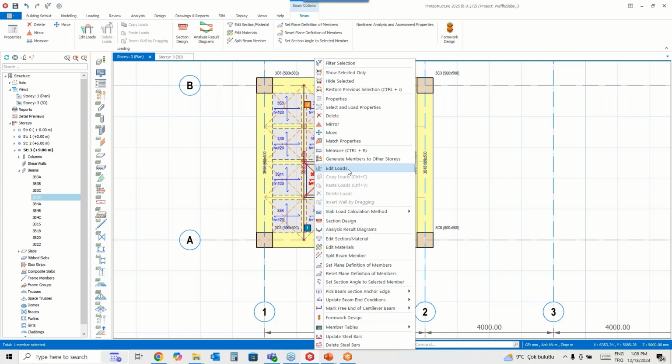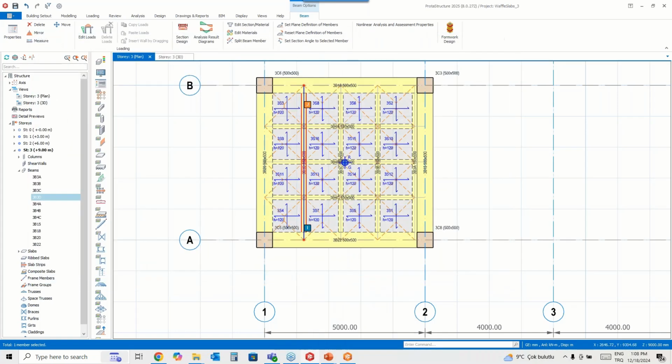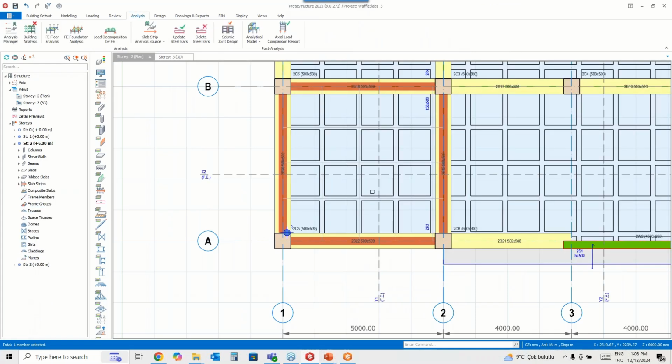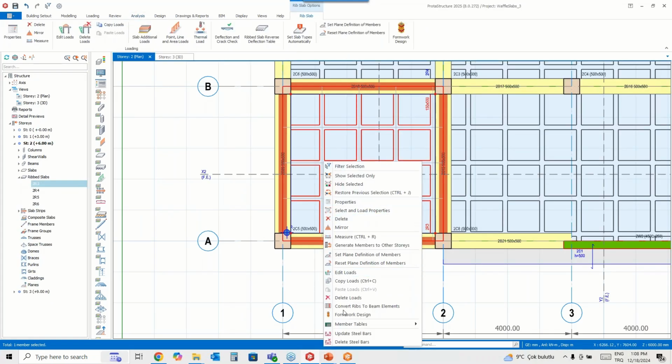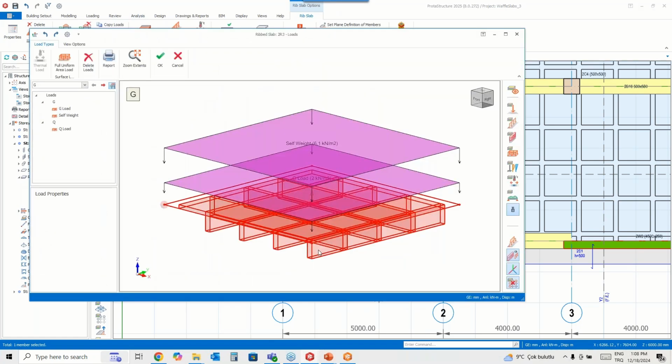You can simply edit loads, but for the other parts, we are not able to insert them separately like frame loads.